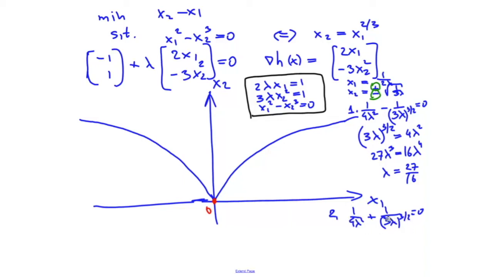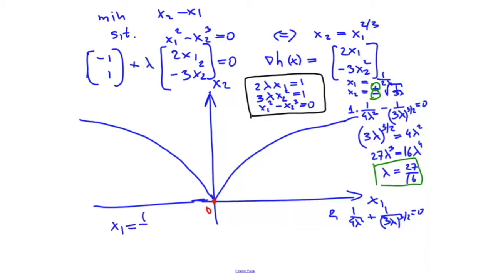Obviously, for positive lambda, this will be positive, this will be positive, and their sum cannot be equal to 0. In this case, we don't have the solution. So the only point that satisfies the Lagrange theorem here is lambda equal to 27/16,